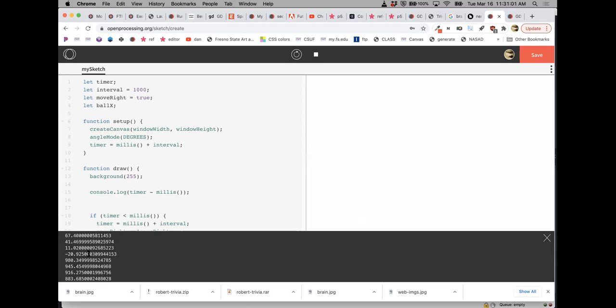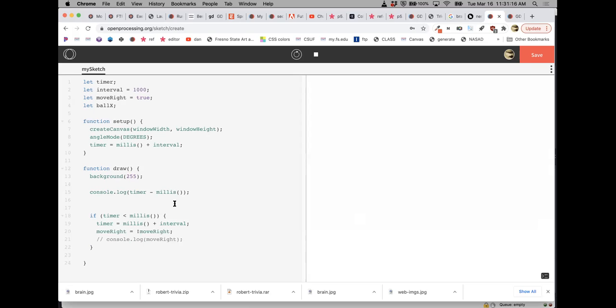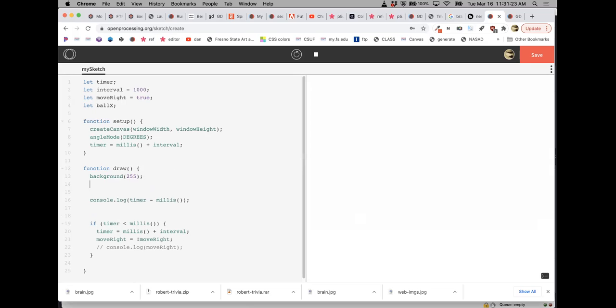This is great. This is what we want. If we can get numbers that reset each time through, that's great. That's what we want to use. Something that has just a finite range to it. So this is what we want to use. Timer minus milliseconds is going to give us values between 1 and 1,000. So that's where we want to say if move right. If move right is true,